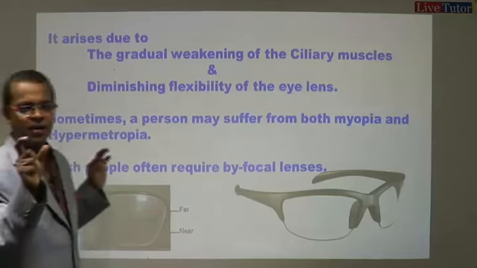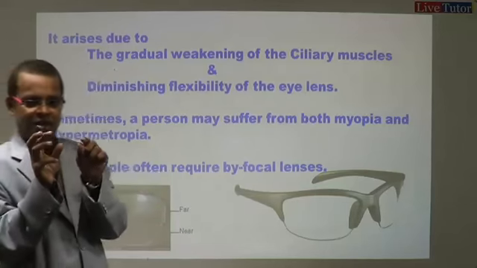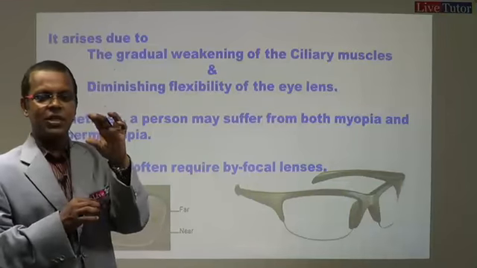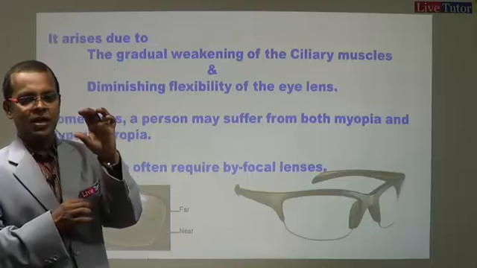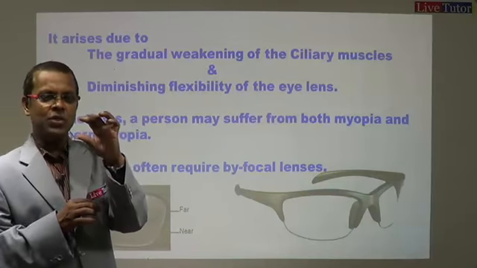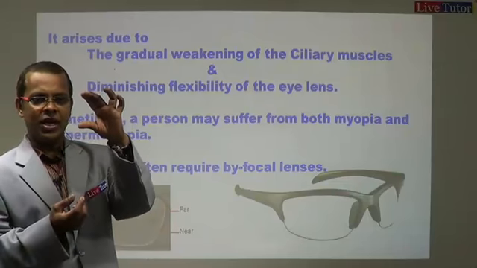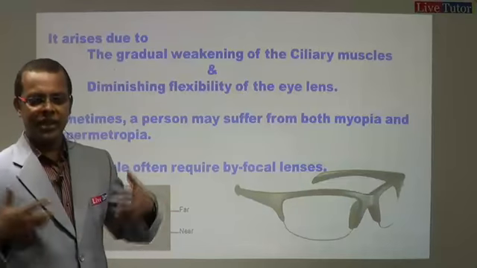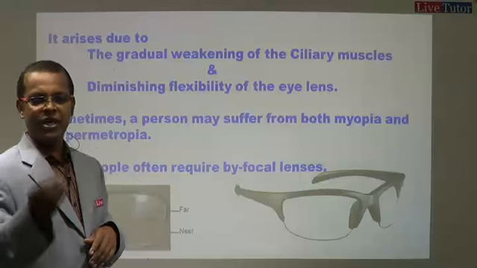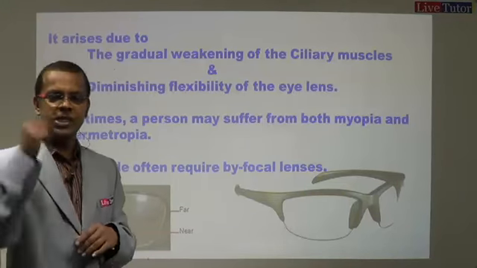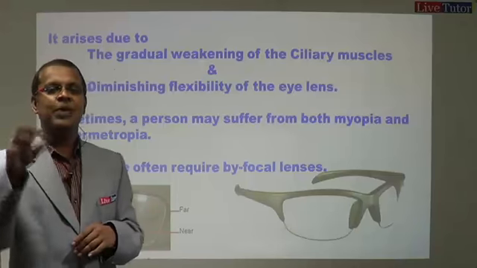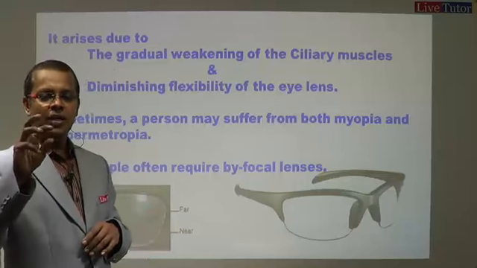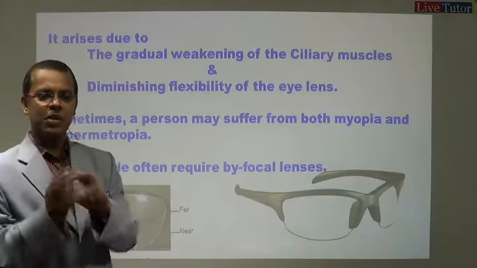Both are there, because the ciliary muscles are the reason for making the lens adjust, as we have discussed. So either the lens may be losing its flexibility, so it cannot shrink or elongate due to aging, or the muscles will become weaker. As we know, even the whole body muscles become weaker as we grow older. Especially sensitive muscles like ciliary muscles will definitely be weakening. So the weakening of ciliary muscles or the loss of flexibility of the lens, both may be the reason for this